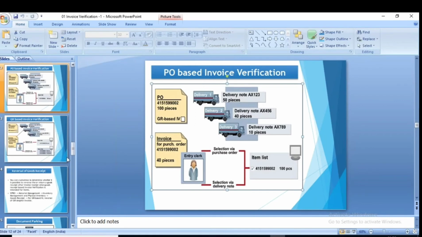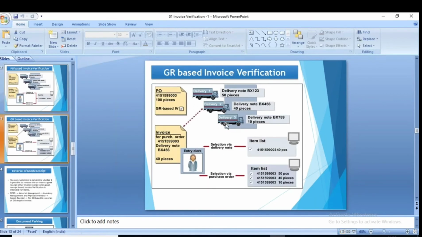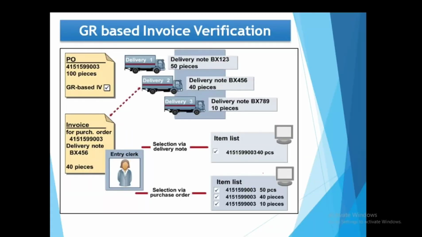Okay, so now we will see goods receipt based invoice verification. Here, if you do GR based invoice verification, in your PO you need to activate this checkbox, GR based invoice verification. So when you do this, let's say your PO is for 100 pieces, first delivery is for 50, second delivery is for 40, third delivery is for 10 pieces. Now, when you are doing the invoicing and you enter one particular delivery note, what the system does is